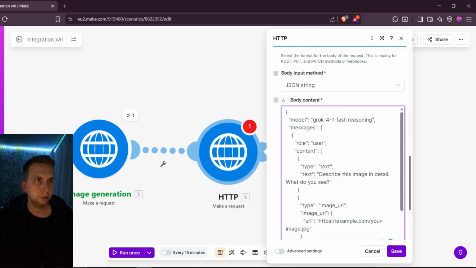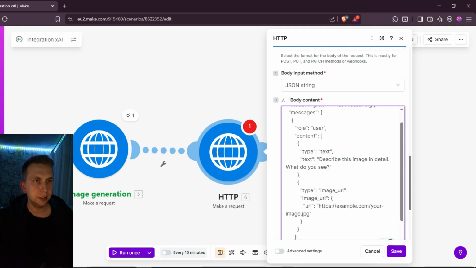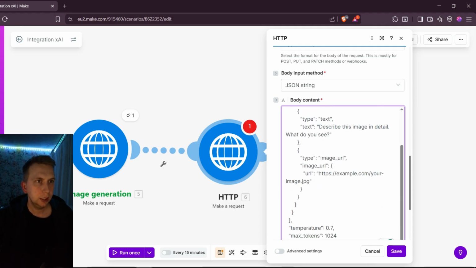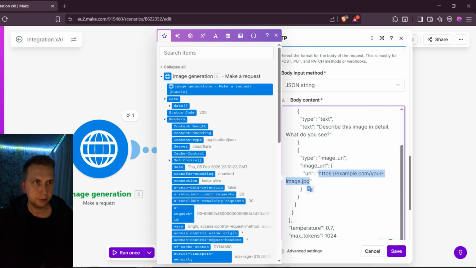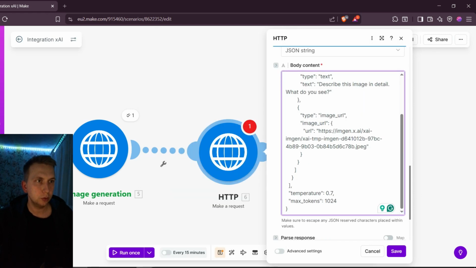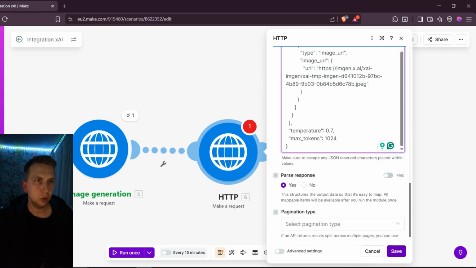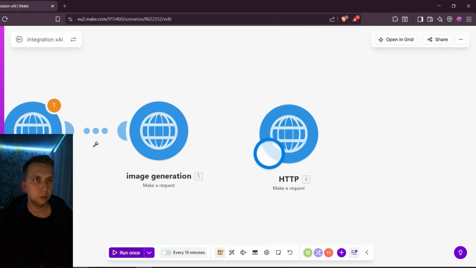Once again, model Grok 4.1 fast reasoning can see images, so I'm gonna use this one. Role is gonna be user and content is gonna be text, and text is gonna be describe this image in details. What do you see? But as we're having image, then we're gonna have also type, and it's gonna be image URL. And here I'm gonna put this URL that we just generated, and temperature and max tokens are gonna be the same. So now if I click it and run it once,